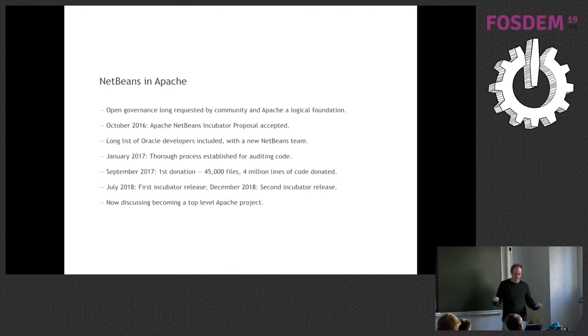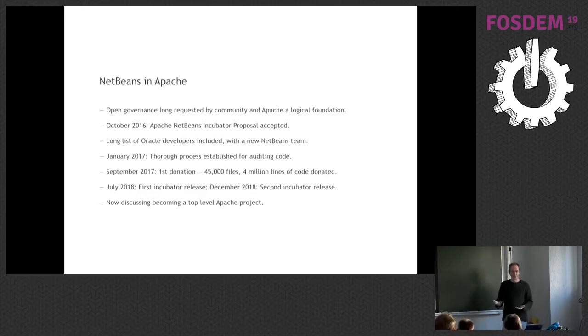Our mentors in Apache, I mean, Apache is wonderful. They give you mentors, they give you a VM, they give you GitHub, they give you a governance model out of the box. I mean, everything we needed, all the structures are there. So we simply had to adapt to these new structures, and we've been doing really well in that sense. It's a really large project in Apache terms. It's got the most lines of code, competing with OpenOffice in that sense.